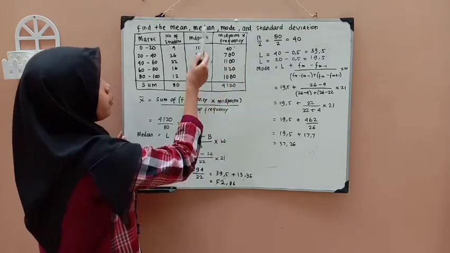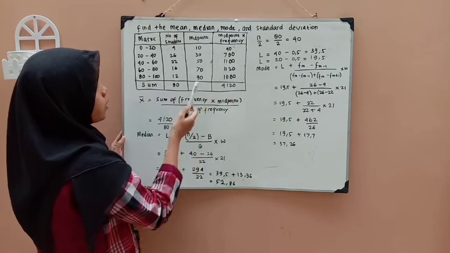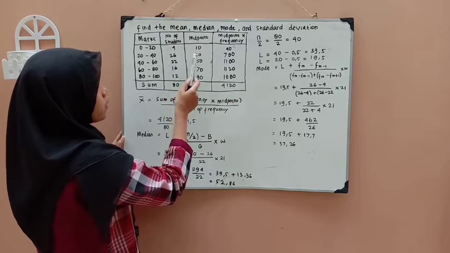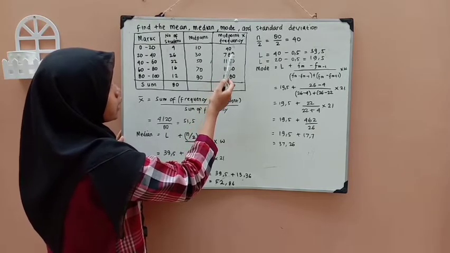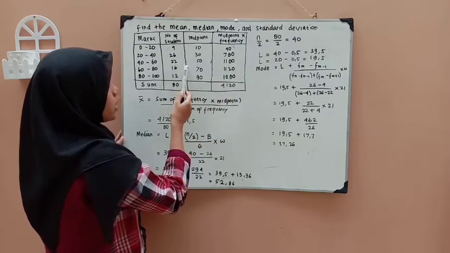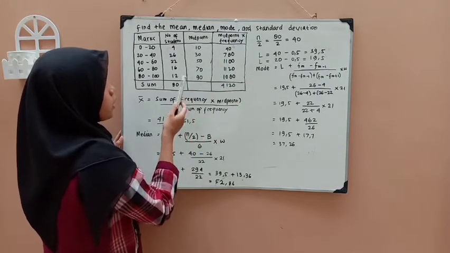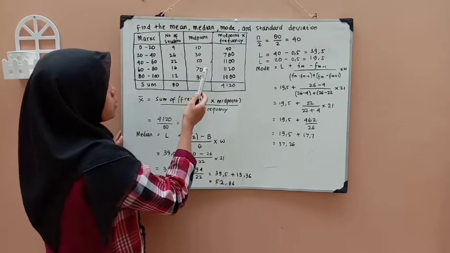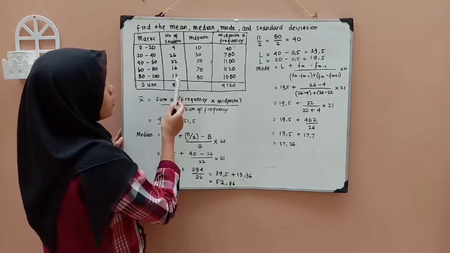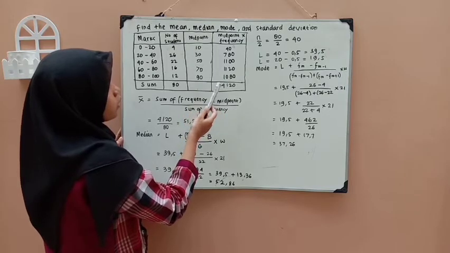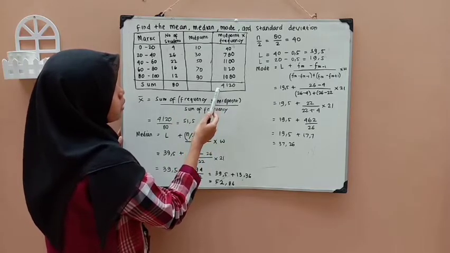Midpoint times frequency. 4 times 10 equals 40. 26 times 30 equals 780. 22 times 50 equals 1100. 16 times 70 equals 1120. 12 times 70 equals 1080. The sum is